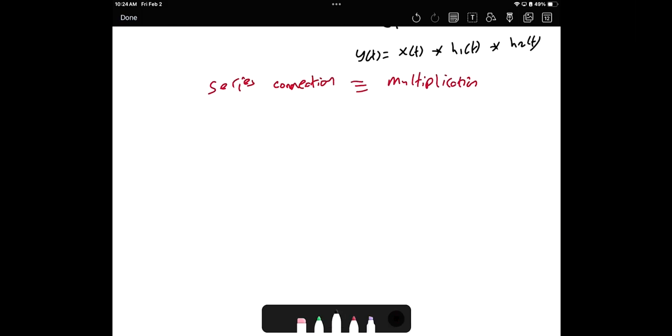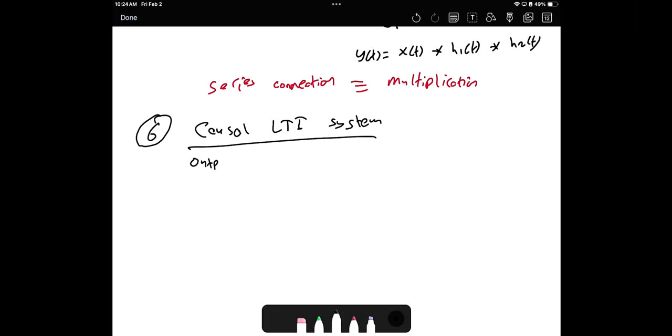Let's go to property number 6, which is causal output system. What does causal mean? It means the output depends on current or past inputs. It does not depend on the future. We already discussed this before. So every time it must be causal. So I would say, the property here,